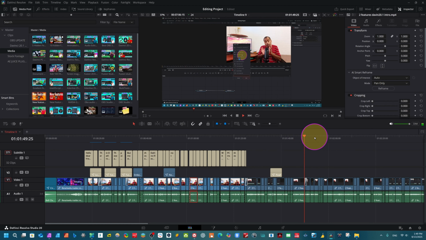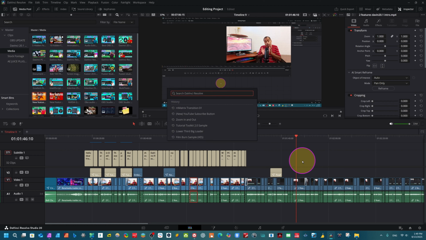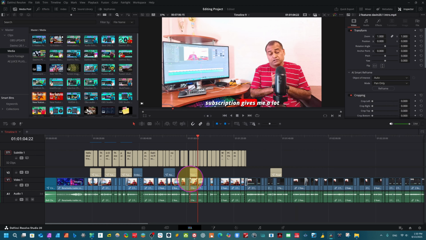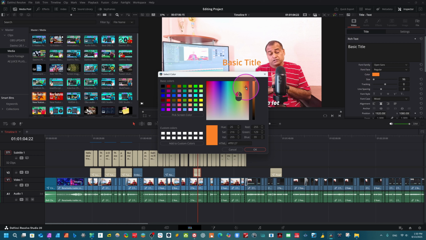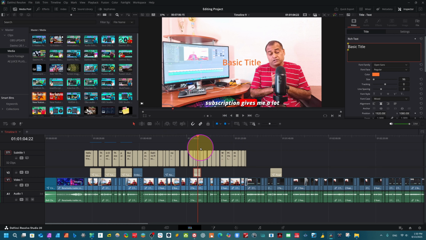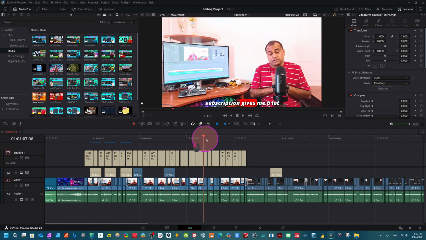See all the effects of Fusion. You see page. If you want to add text here, very easily it will appear here. Just press shift plus space bar and type here text. You see we have basic text here and it has appeared here. And now I can type anything so easily and we can change color. So it's a very cool feature and very helpful when you have a long project. If you want to add anything, it will work very perfectly. I use these features, I am so happy. It saves me a lot of time.